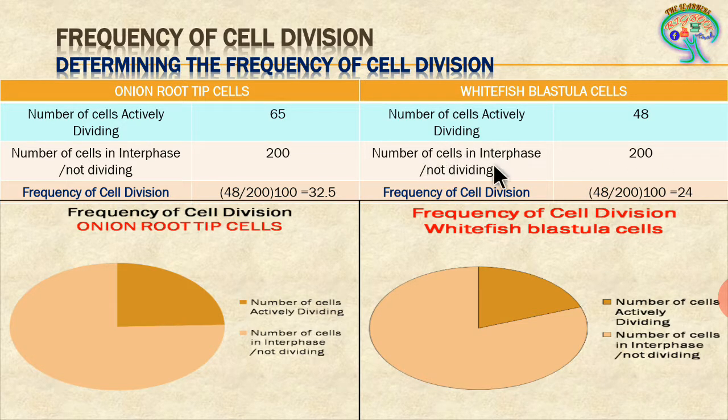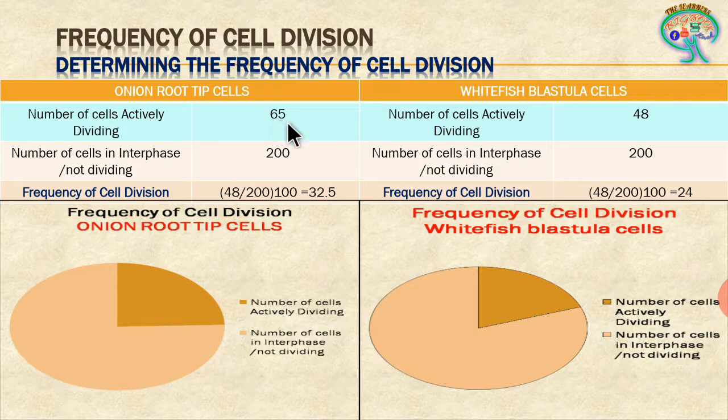You can understand what value we have taken here. The number of cells in interphase or non-dividing, the total number is 200. These are the numbers which are dividing, which are separate from the non-dividing cells. In the sense, the overall total number is going to be present within the adjacent sites within the view area